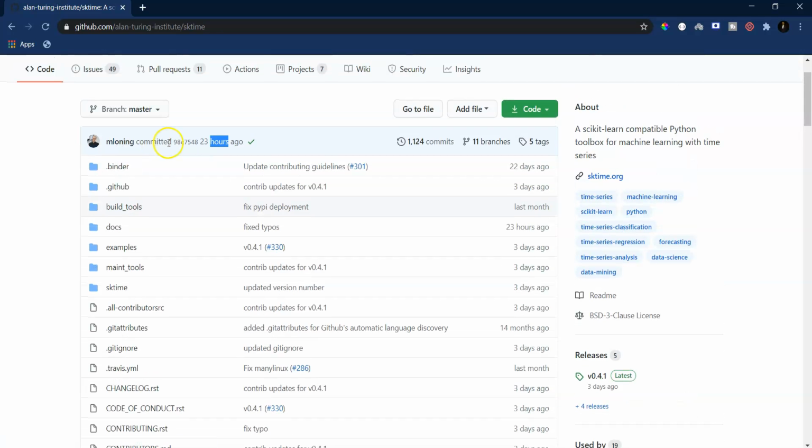I have not fully explored this particular library. I was only able to run forecasting models, and I am pretty happy with the results that I have been able to get. Because when you use the skTime library, you will feel like you are using the sklearn library, and they have also named it in a very parallel manner.